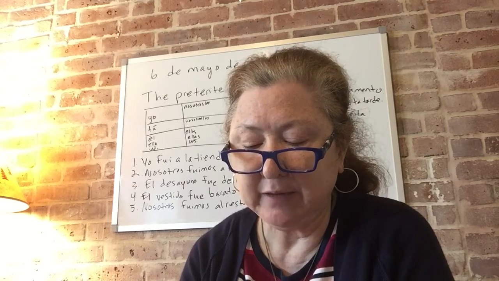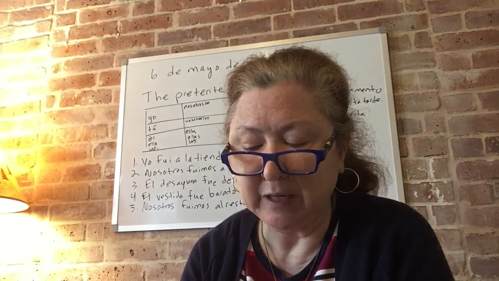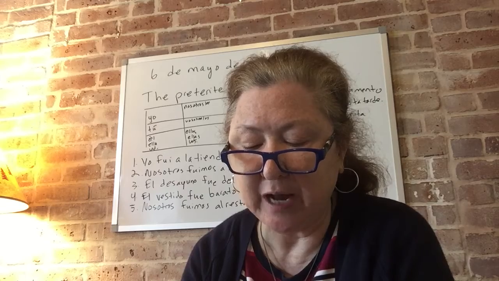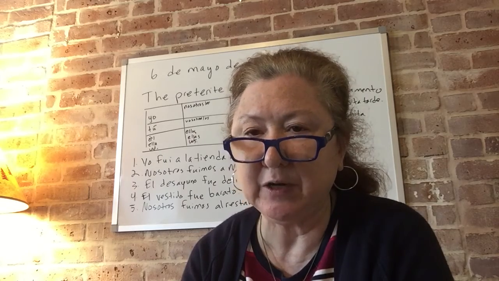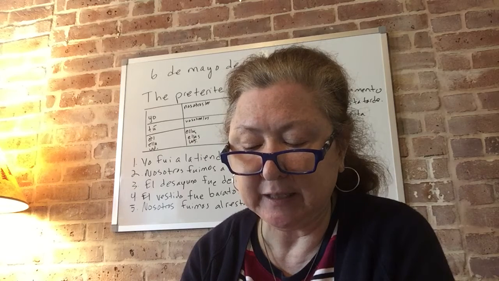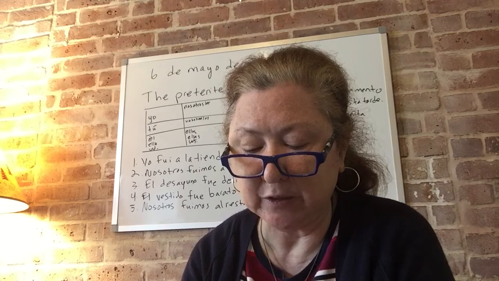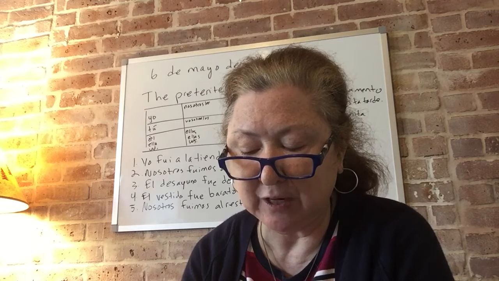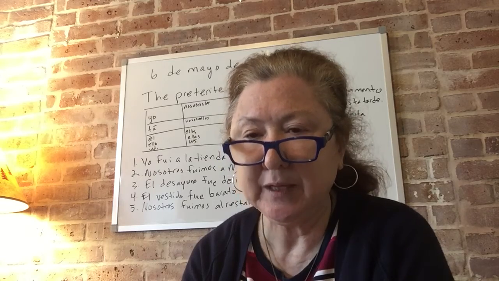Número tres. If an action is specific and you can pinpoint in time when it happened or how many times it happened, it is very likely preterite. So for example, Aiden y Savannah lavaron las ollas en la cafetería por media hora esta tarde. So Aiden and Savannah washed the pots in the cafeteria for half an hour this afternoon.